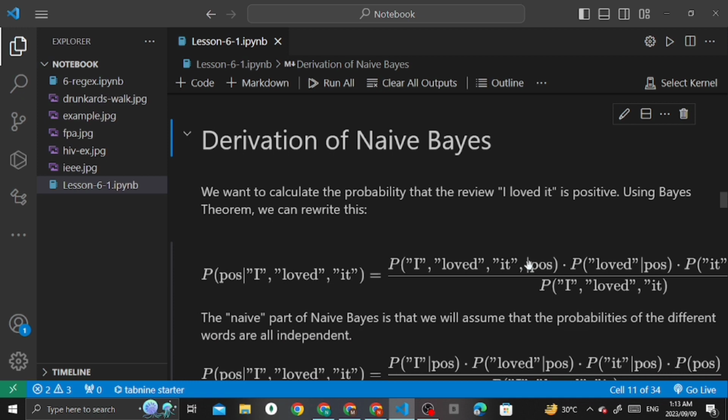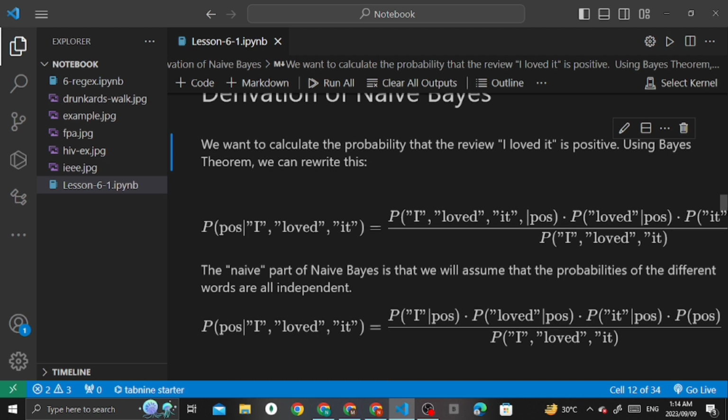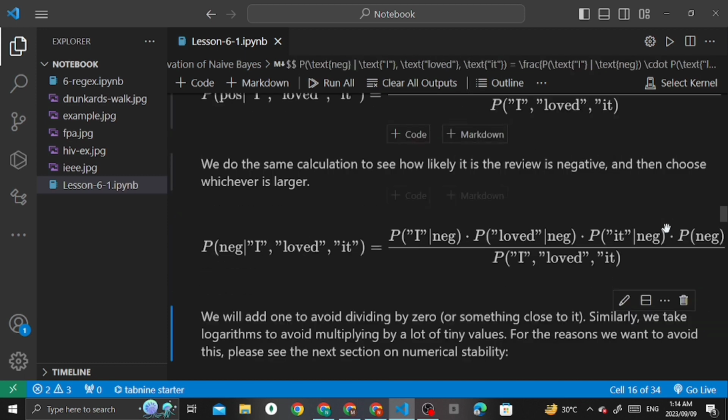So here we flipped it: we want to figure out the probability that it's positive using our reviews.